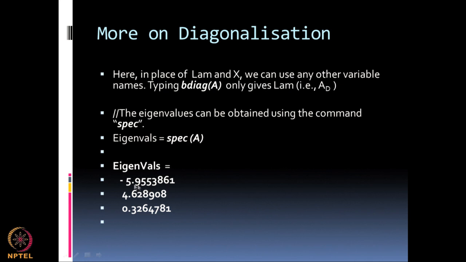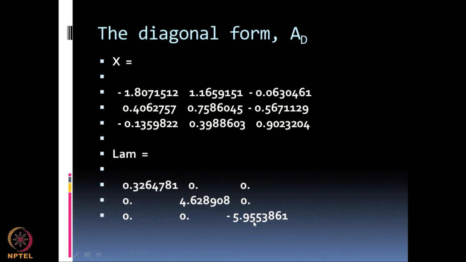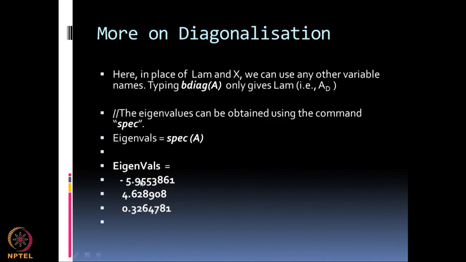So, the eigenvalues were 5.9, 4.6, 3.2, let us check. Okay. These were the same as the earlier eigenvalues, except here they are in some order, whereas in the next one I have given them in the order of the largest value first, the next largest in magnitude, and the third largest in magnitude. So, the eigenvalues are given here through this spec. The spec command gives me the eigenvalues of the matrix A.